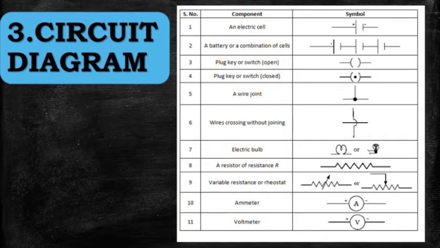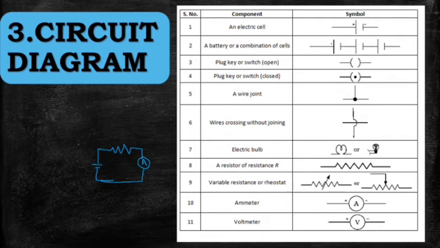If I want to draw a circuit, I'll just take this. If I want to add some voltage, I will take this symbol. If I want to add a resistor, I will just take this symbol. And if I want to add any kind of emitter, then I will add this as a symbol. And this will be a simple circuit. So these symbols are very important.